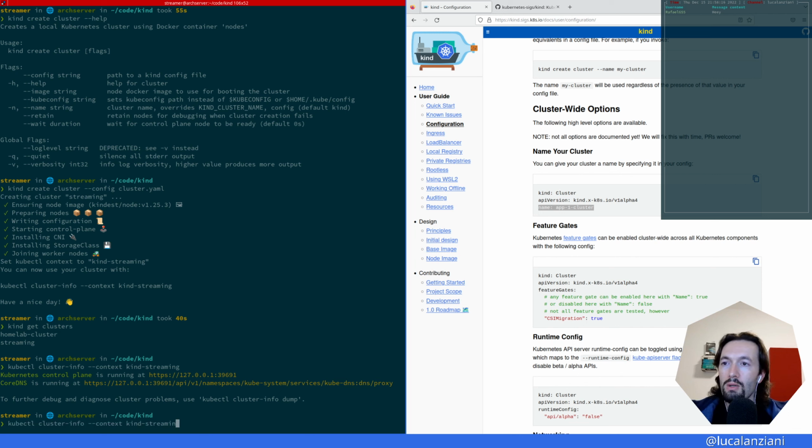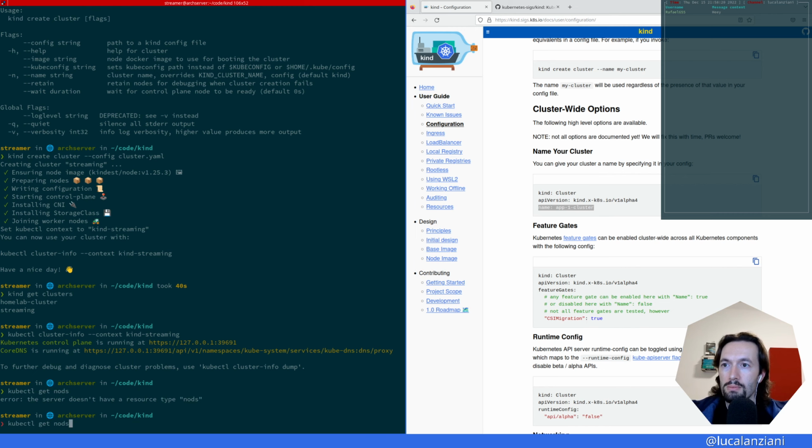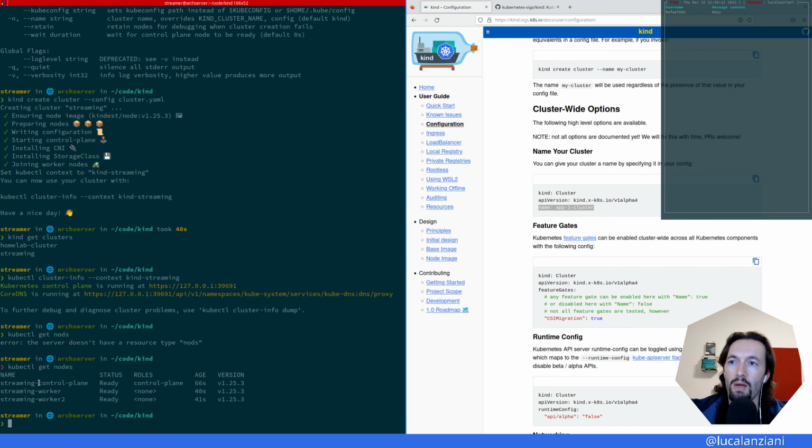And if I do a kubectl get nodes now, you will see that we have 3 nodes. Now, again, those are 3 nodes from the Kubernetes perspective, but if we look at the kind point of view, or even if we look at the Docker point of view, you will see that if I do docker ps --latest,